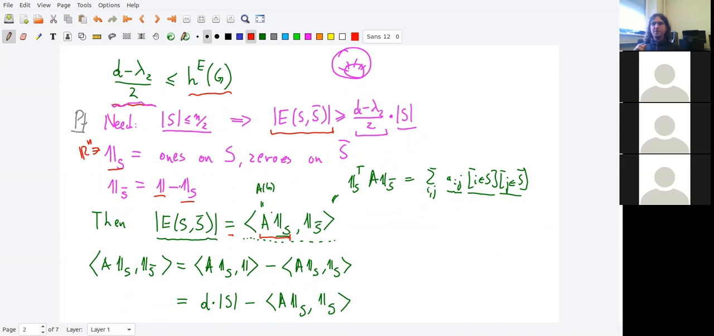So applying A means that every one that is there on the vertex sends this one to all its neighbors. So the vector I get is exactly A times 1 of S, if every vertex from S sends a 1 to all its neighbors. And now if you make a scalar product with 1 on S complement, then you exactly count